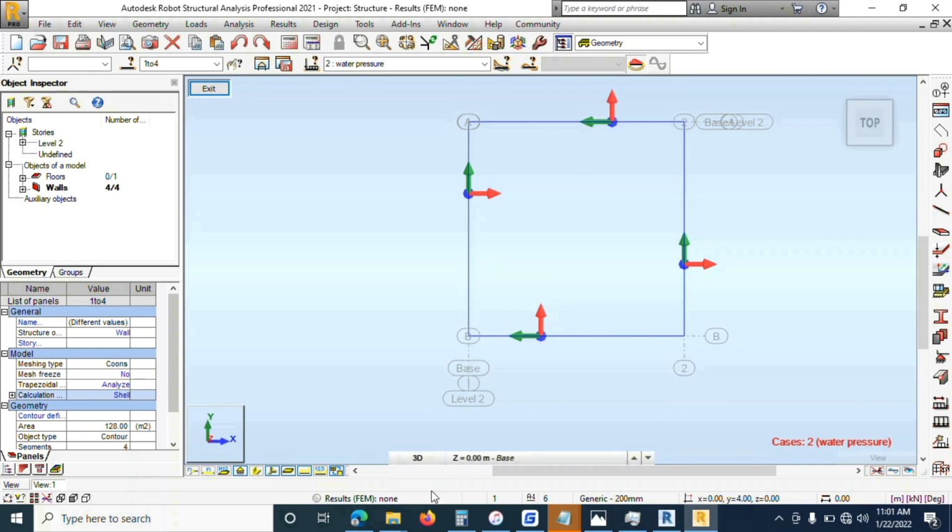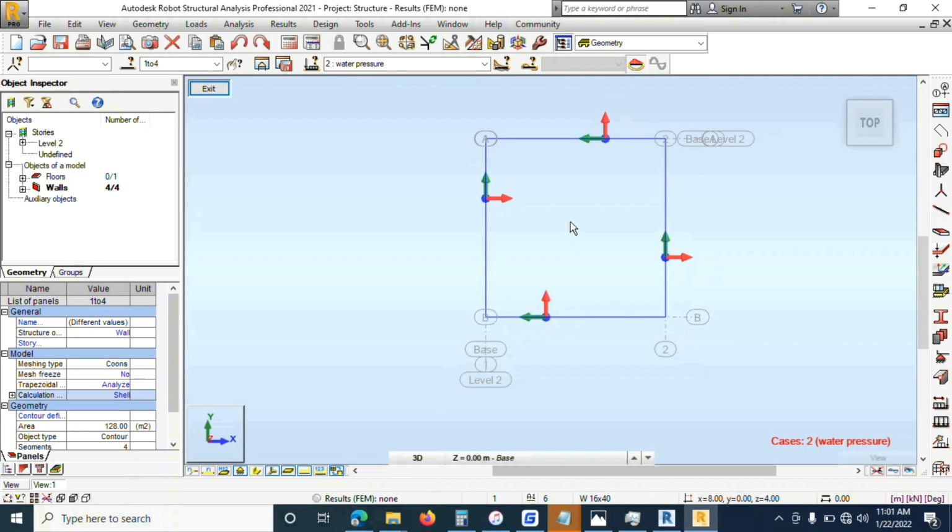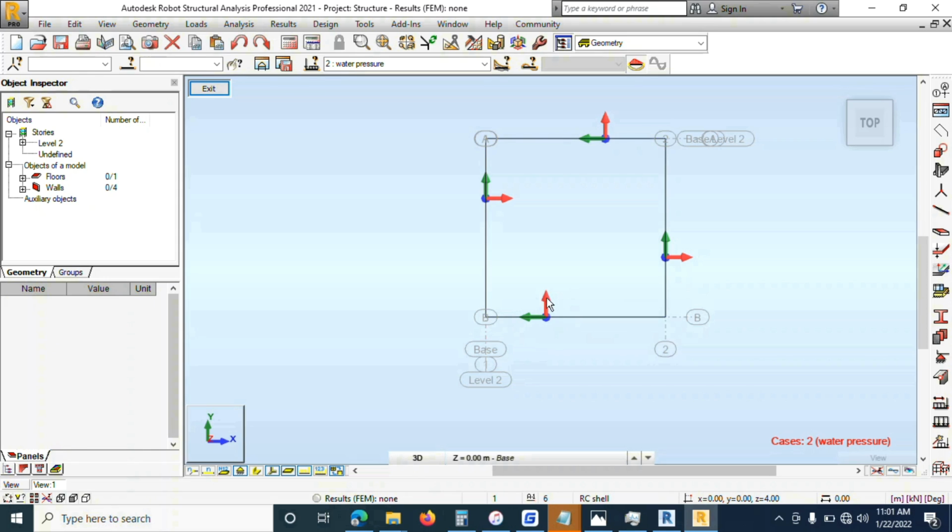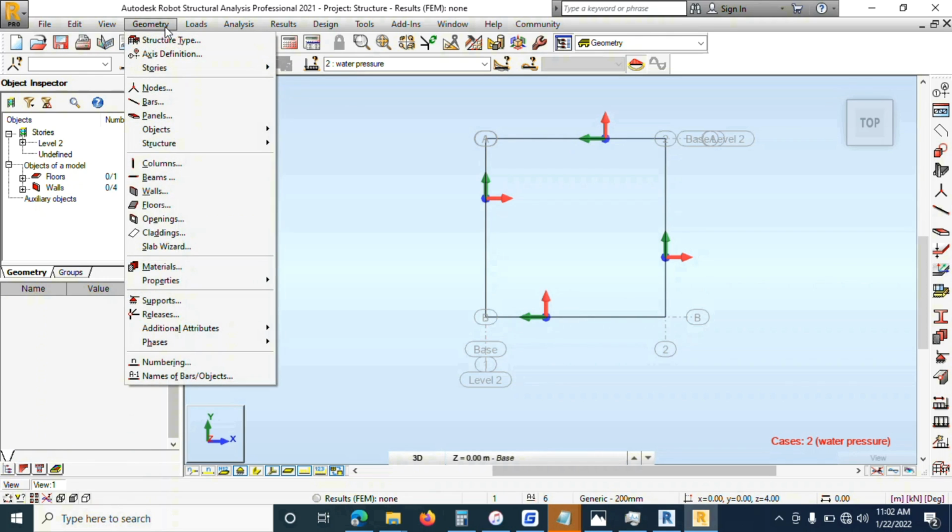But I want everything to push out. But it's only these two that are pushing out. So I want to mirror this one too. How do you do that? See, if I click here, it won't answer. So I'll come to geometry. Under geometry,